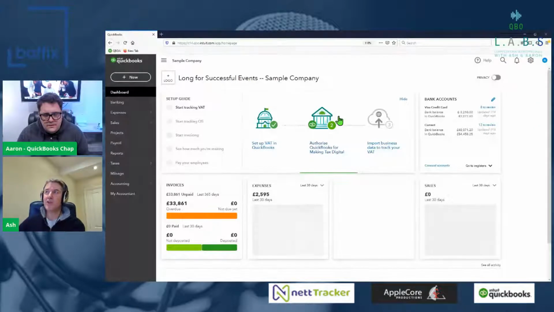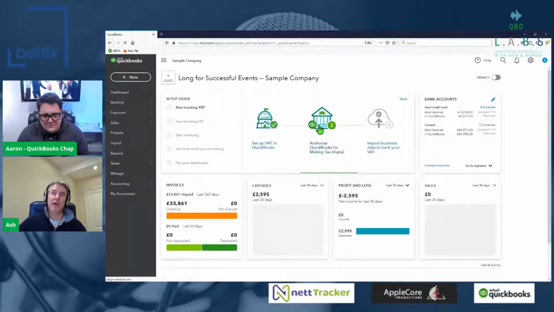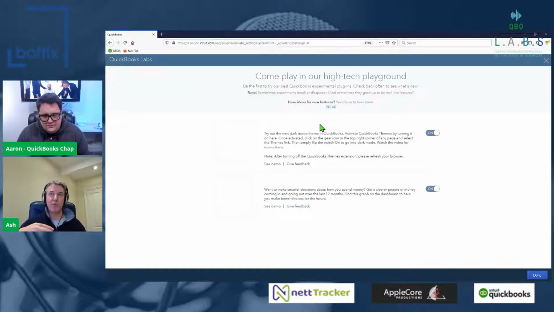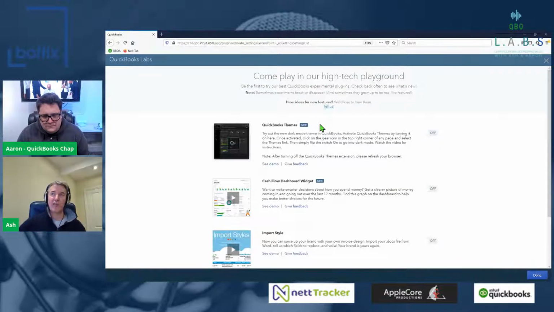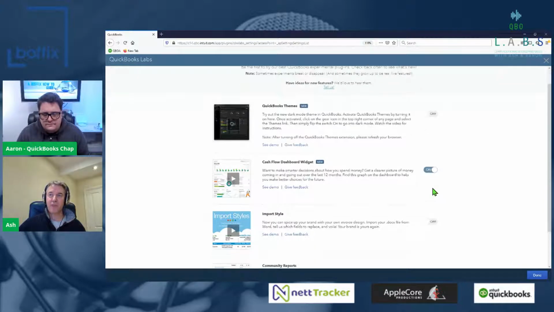If that's something you'd like to take a look at, don't forget within your gear icon, in your company settings, you have QuickBooks Labs. Within QuickBooks Labs, you've got these potentially new features which have not been fully released. So you've got this cash flow widget, which you could enable, and then you have this additional graph that will appear at the top of your dashboard as you log in.